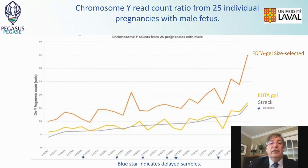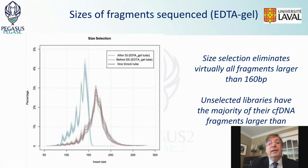In order to see if this would be reflected in the Z-score, we looked at the Y chromosome of the male fetuses, and indeed there was a significant improvement of the chromosomal ratio, thus the Z-score of the Y chromosome, suggesting that the same improvement will be seen for aneuploid fetuses as well. In terms of the size distribution of the fragments,